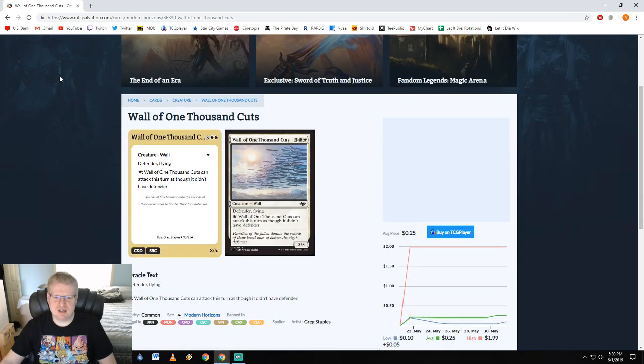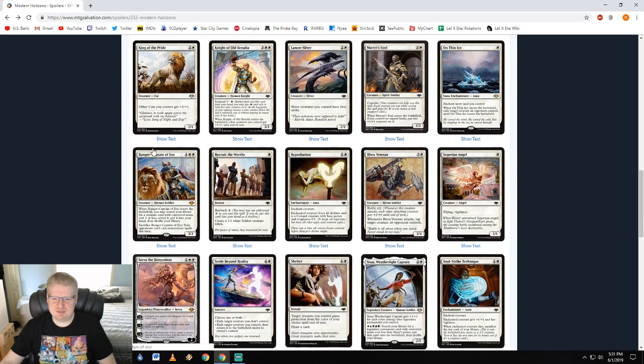Wall of 1,000 Cuts. That's a lot of swords. Flying, Defender, 2 white, 3 colorless, 3/5. 1 white: Wall of 1,000 Cuts can attack as though it didn't have Defender. This card's pretty bad. It costs 5. I mean, it's a 3/5 flyer, so in limited it's playable, but